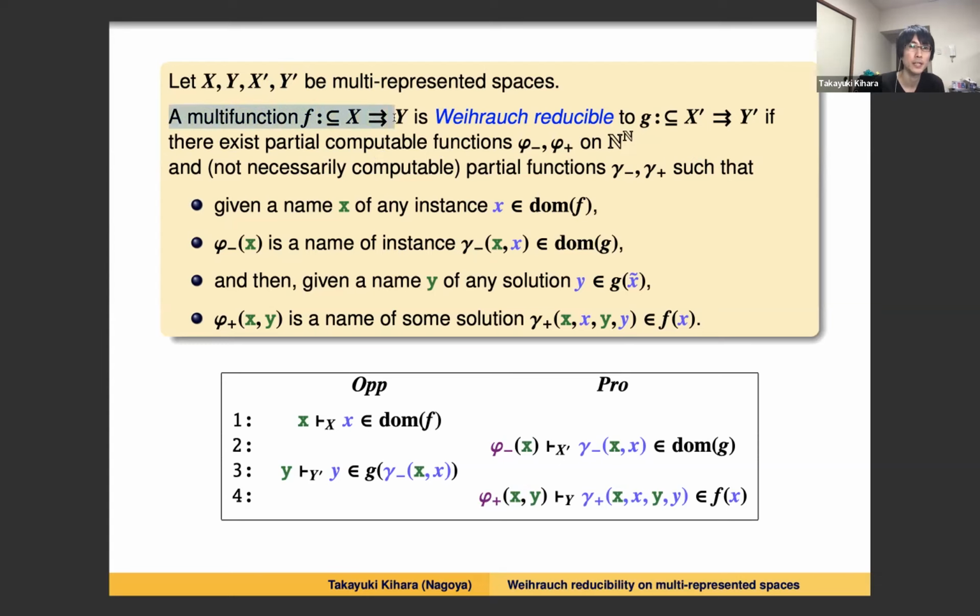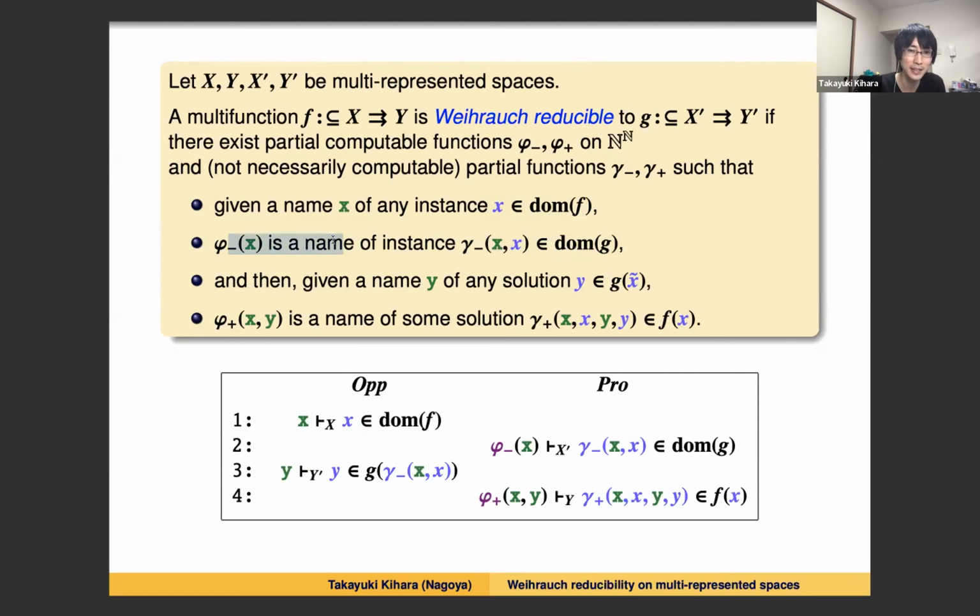A multi-valued function f is Weihrauch reducible to g if there exist partial computable functions phi minus, phi plus on Baire space, and partial functions gamma minus and gamma plus, which are not necessarily computable, such that given a name of any instance, so any input x for f, phi x is a name of input for g,